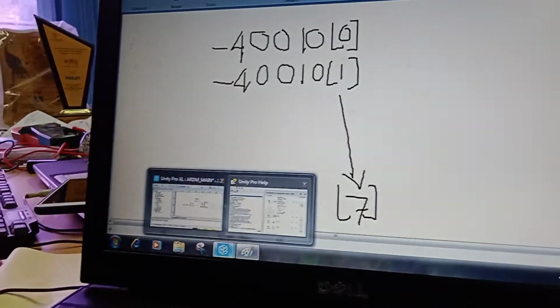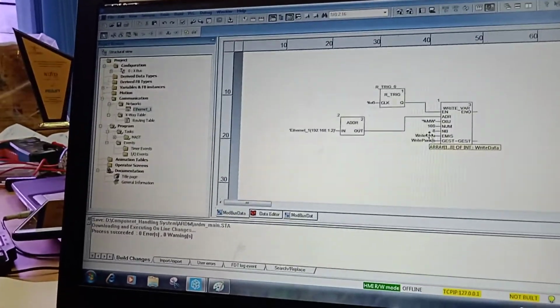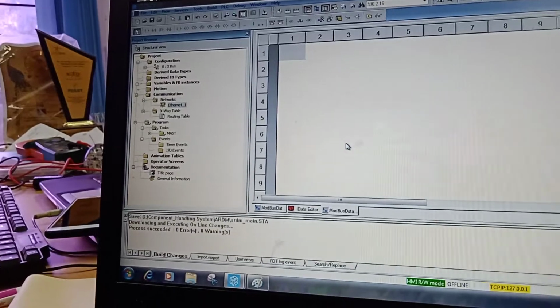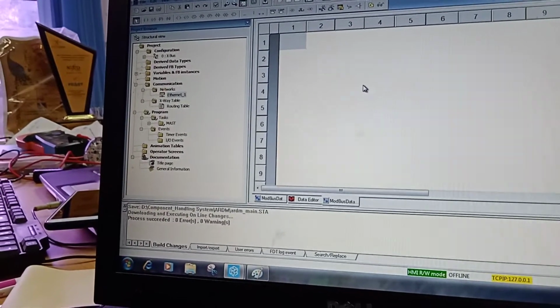So now this is the data which is to be written. I have used one more thing, which is where my conversion will take place. Here I will be using a few things.